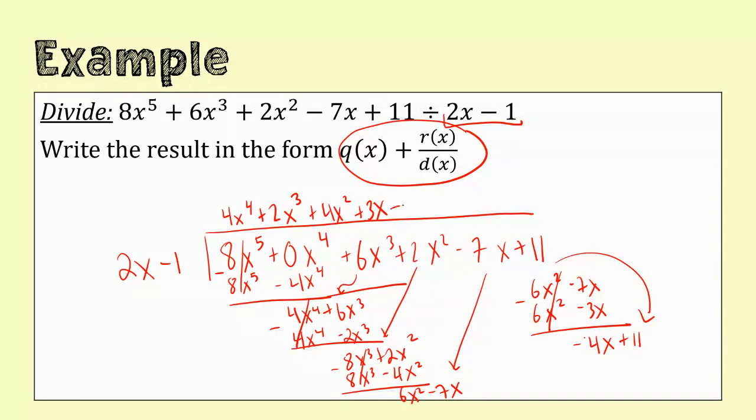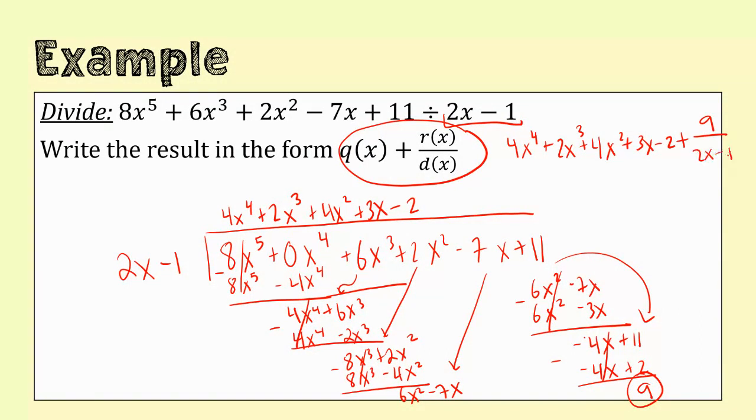2 goes into negative 4, negative 2 times, which gives me negative 4x plus 2. And that's going to give me a 9, which would be my remainder. So it wants me to write it in this form, so I'm going to go ahead and write it: 4x to the 4th plus 2x cubed plus 4x squared plus 3x minus 2 plus the remainder over the divisor,